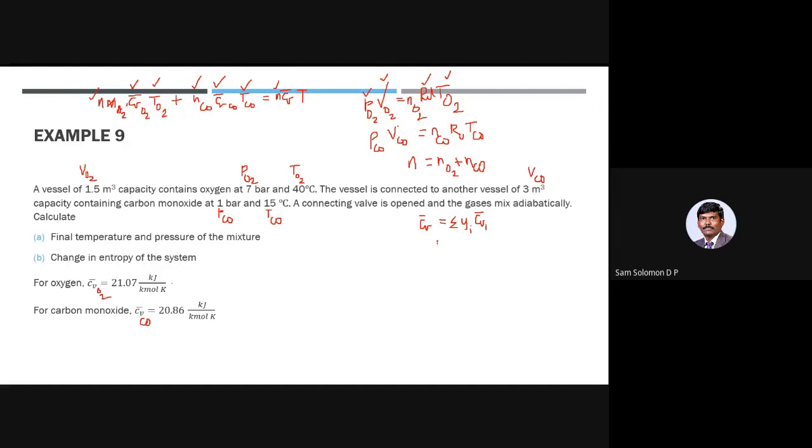Okay. So now you have to find out the value of Y of oxygen and Y of carbon monoxide. So Y of oxygen is nothing but N of oxygen divided by the total number of moles, so N of oxygen divided by N. And Y of carbon monoxide is N of carbon monoxide divided by N. Okay. And so your CV bar will be